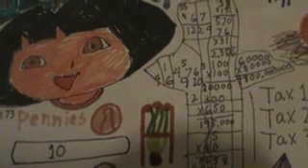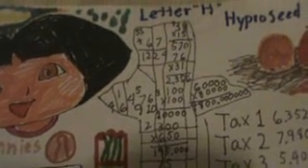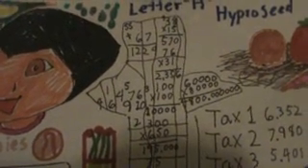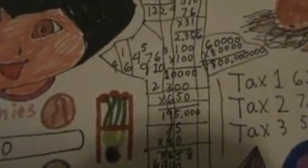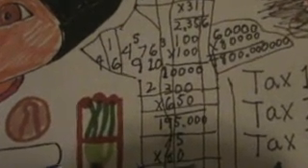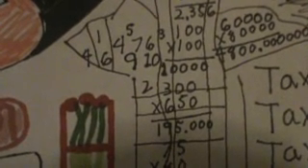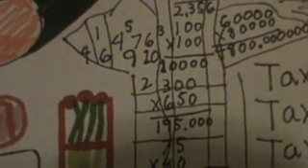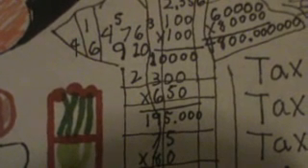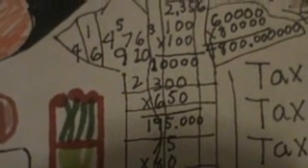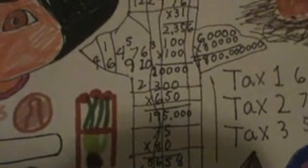Hello, here I can show you the Dora the Explorer letter H coloring. As you see, letter H is for hyper seed, and right here is a tree that you saw from the previous letters such as G, B, T and C, with these mathematical numbers,